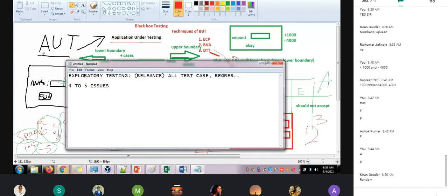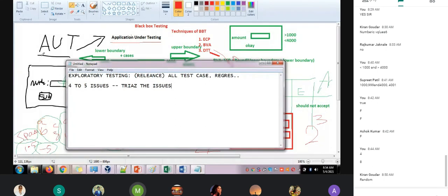Then what we need to do is triage the defects or triage the issues. What is triage? This is one of the interview questions.